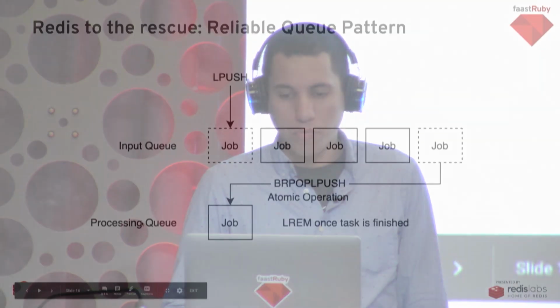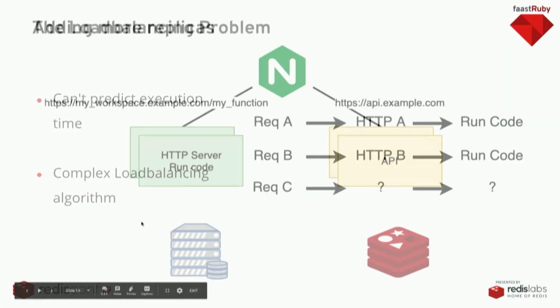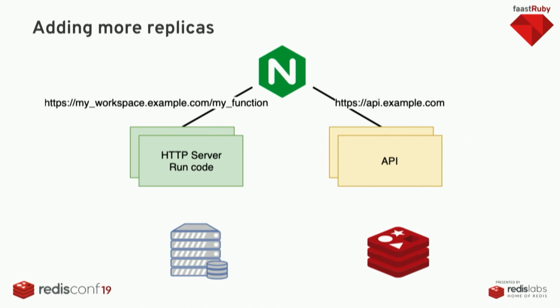Is there a reason for using Nginx? Could you just have something else, like a piece of Python code running in another container, throw the job into Redis? Actually, maybe I should have been a little more clear here, but I really put Nginx here just as an example of load balancing. You could have used HAProxy or whatever you want to use. But it's an HTTP server. In the case of the FaaStRuby platform, I actually wrote that in Crystal. So all the parts of the platform that need to be fast were written in Crystal.